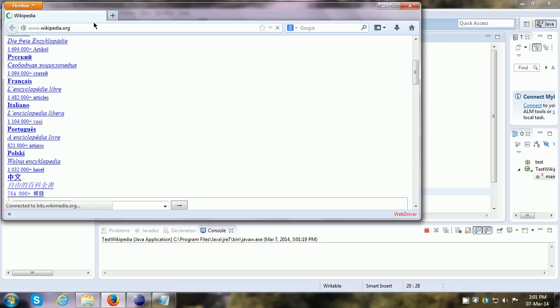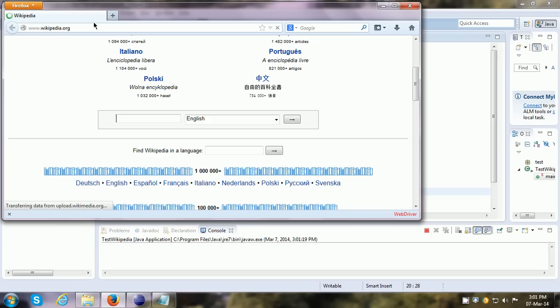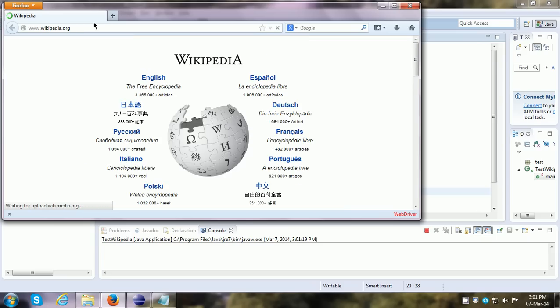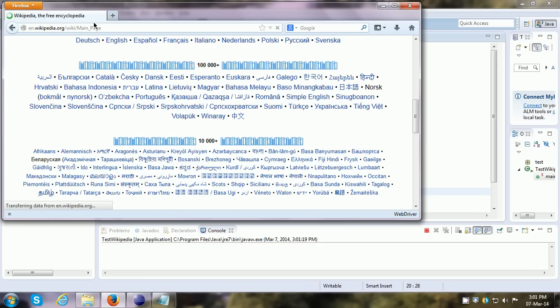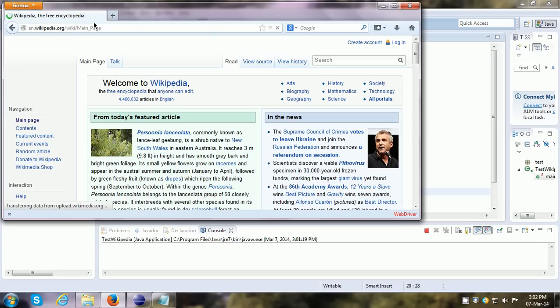Working with Selenium WebDriver is very easy, and WebDriver has a lot of powerful commands that you can use in your test automation. You can implement any logic that you can implement in a programming language, and use those powerful features of the programming language along with the powerful features of Selenium WebDriver, and you can easily automate your test cases and create your automated test scripts in Selenium WebDriver in the programming language of your choice.